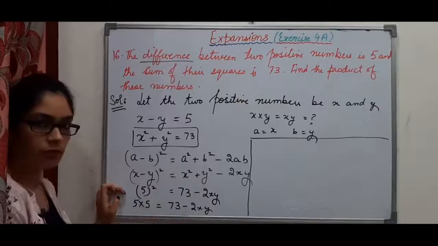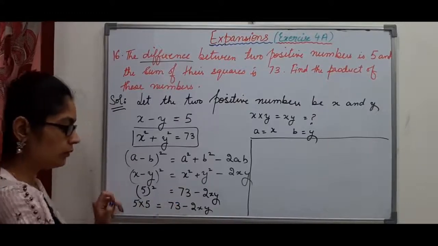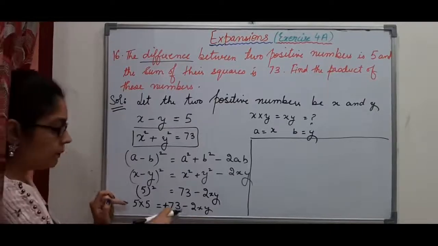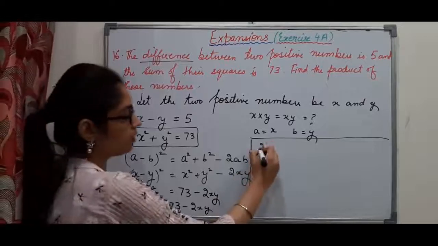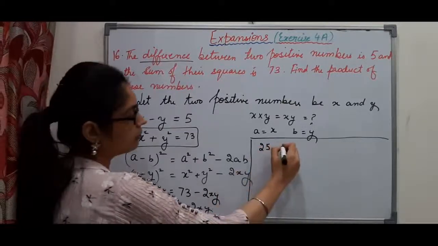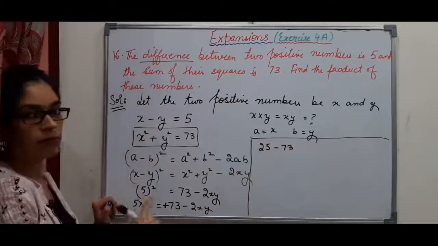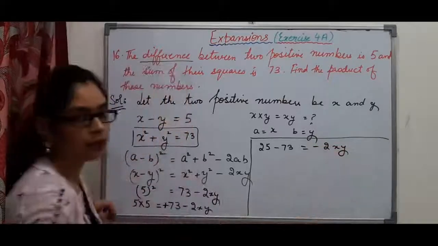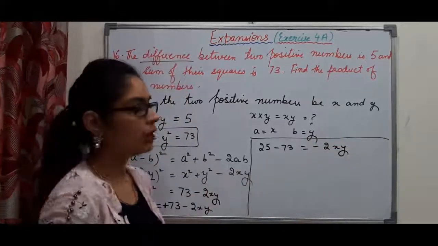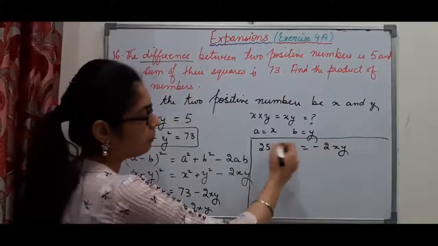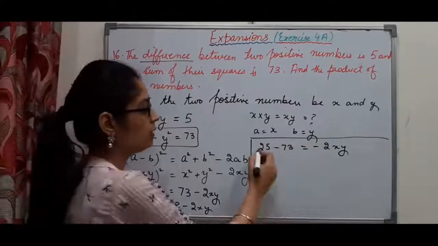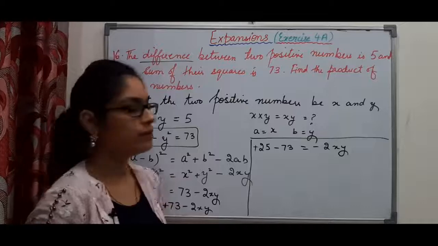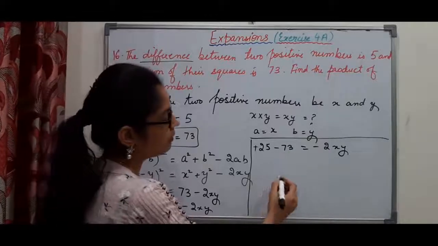So all the terms we have to shift to the other side, 73 also, this 2 also. So this 73, first we will shift it to the other side. Plus 73 on changing the side will be changed to minus 73. So 25, 5 into 5, 25 minus 73 is equal to minus 2 into x into y. Don't ignore any signs here, along with the signs you have to write the numbers. So it's addition of integers, addition or subtraction we can say. So plus 25 and minus 73 is there. So plus minus minus, so 73 minus 25,